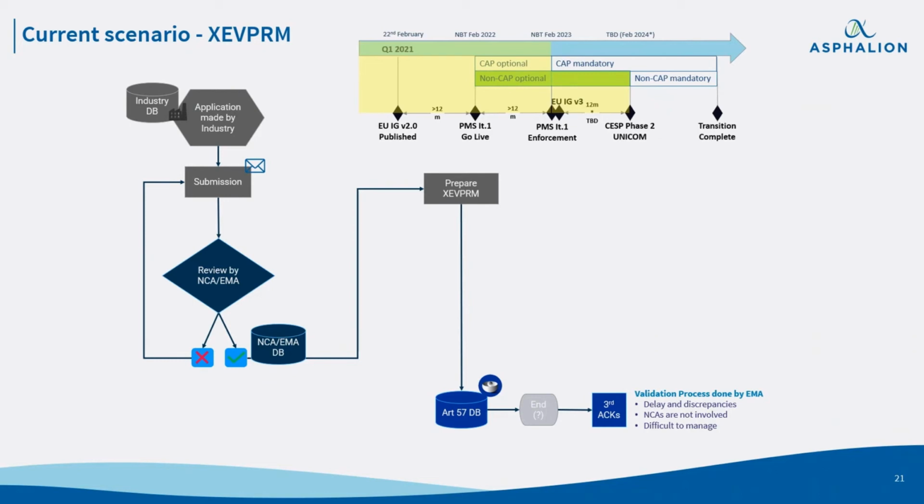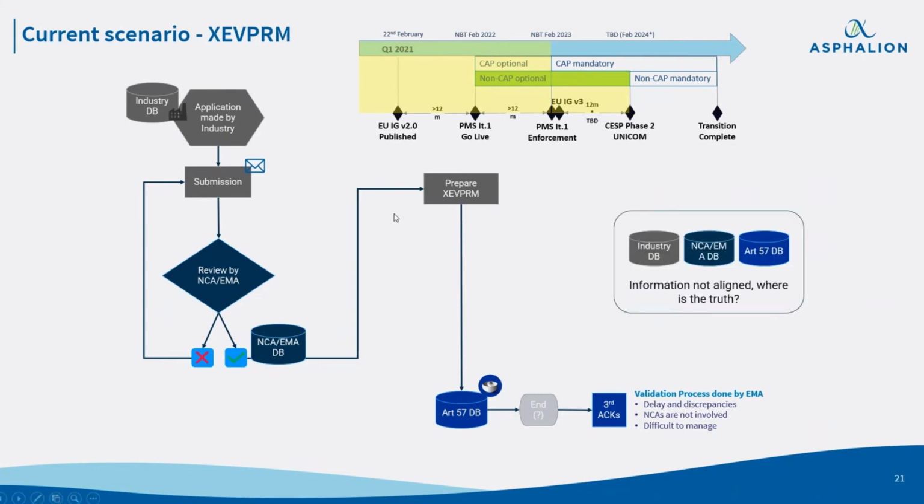This is something that you really have to check, and it's a little bit time consuming, and not all the marketing authorization holders are checking it. So this is creating a problem, let's say, because then the information that we actually have as industry, the information that was reported to the agency, and the information that the EMA has, can be misaligned. And also we were mentioning that this will be migrated from XEVMPD to PMS. So then all this misalignment will also be kept in PMS, and it's something that we have to check and amend.